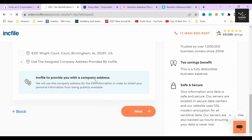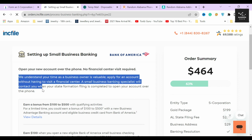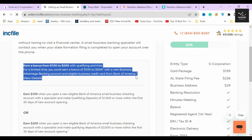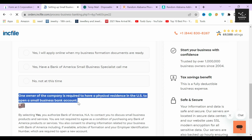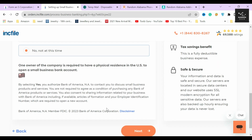In the next section, InkFile will ask you whether you will set up a small U.S. business bank with Bank of America. Remember that this option is only available if you are a U.S. citizen or are currently living in the USA. If you are from outside the USA, then you need at least one member of your corporation who has a physical residence in the USA to avail this service. I highly recommend everyone to pick up this service if possible. But, for the sake of creating this video, I will select the Not This Time option and click on the